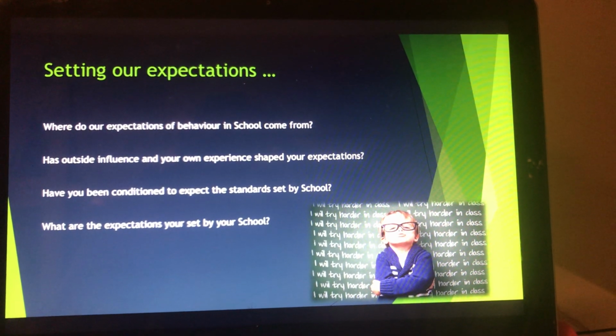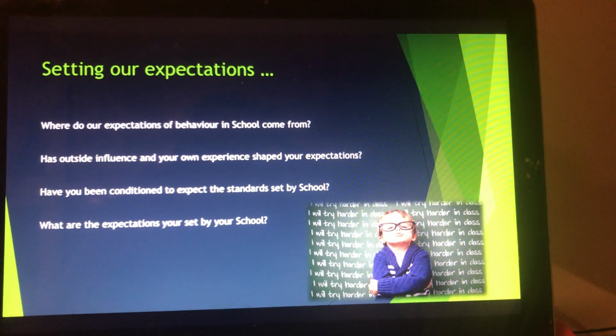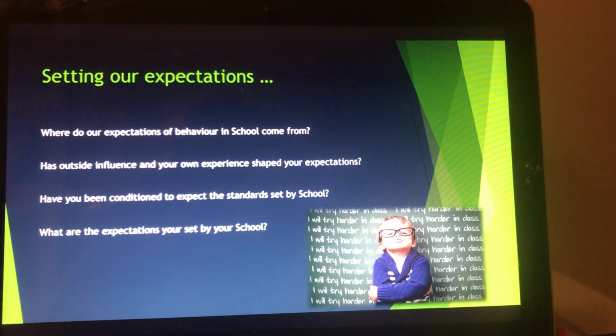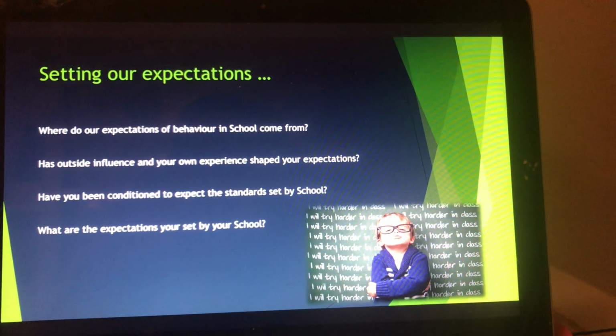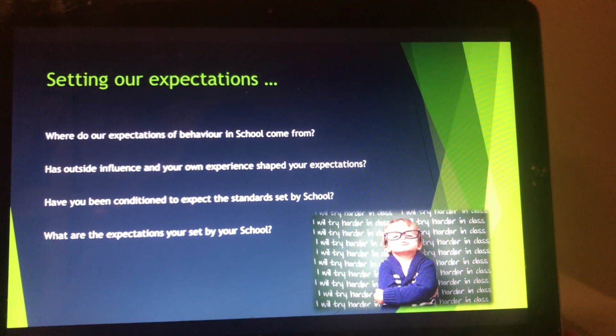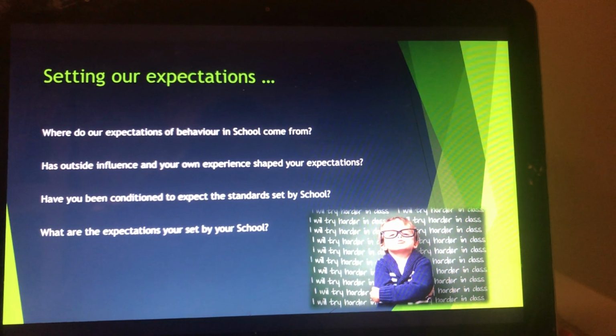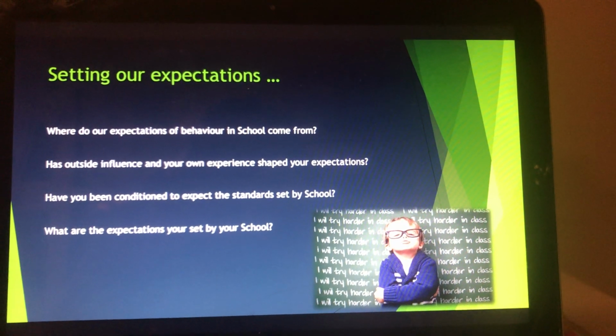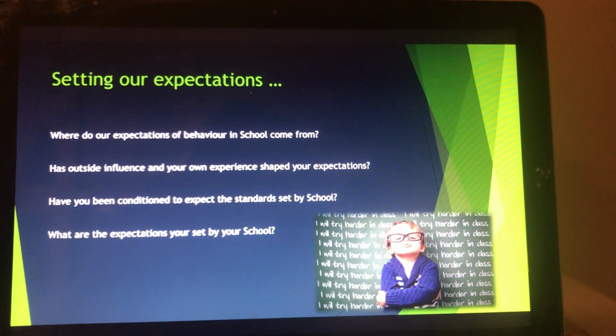When we say outside influence, could it be your own upbringing? Could it be the way that you have raised your children? Perhaps where you went to school or your experience of behaviour management in school? Perhaps it's the opinion of your peers, your friends, your parents. Then think, have you been conditioned to expect the standards set by school?